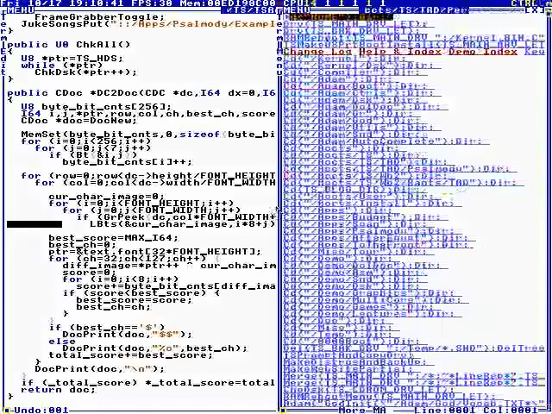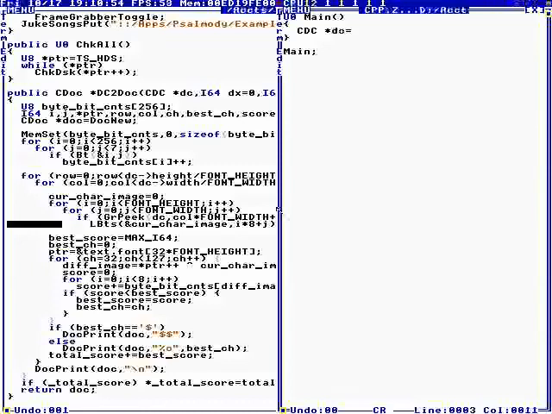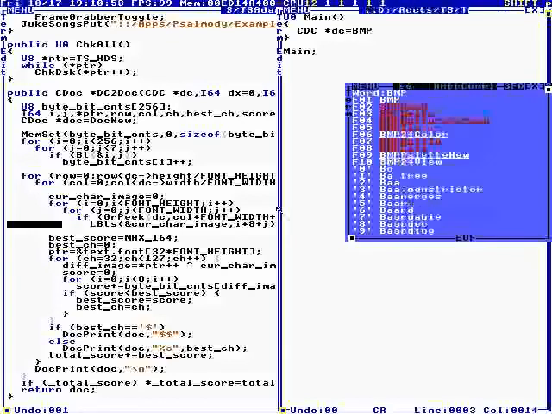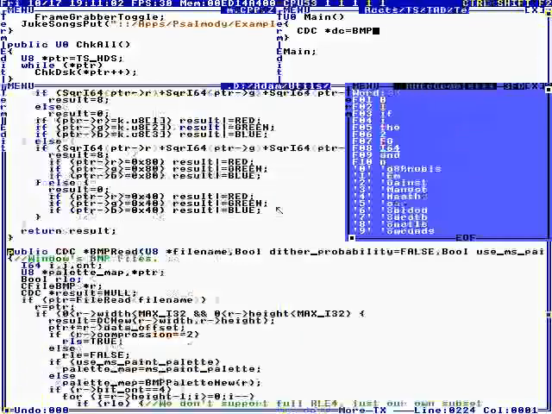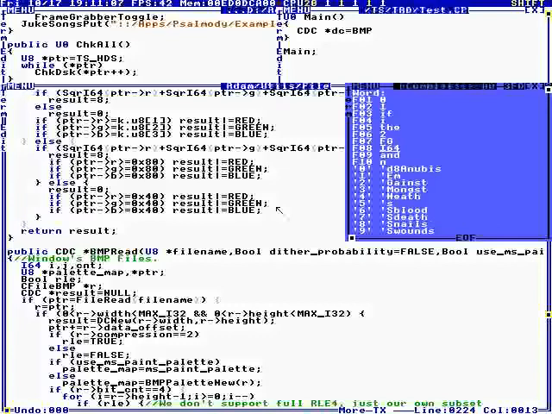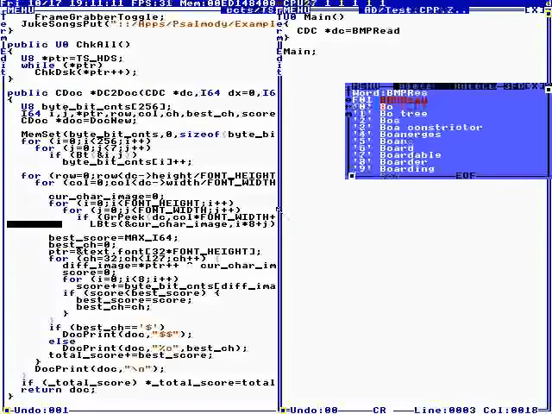Okay, let's go to my home directory and make a little program. CDC star DC equals BMP read, file dither probability makes it DC. Okay, so BMP read, and then we say